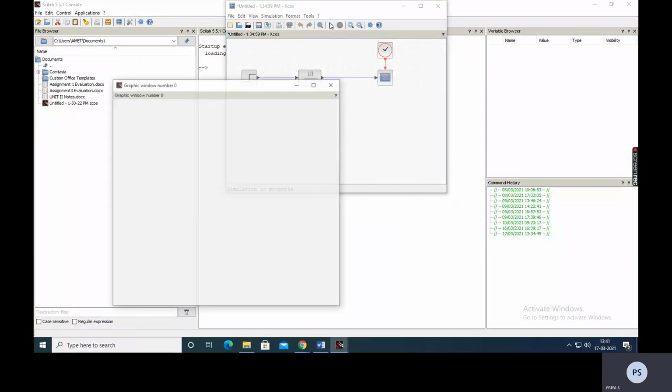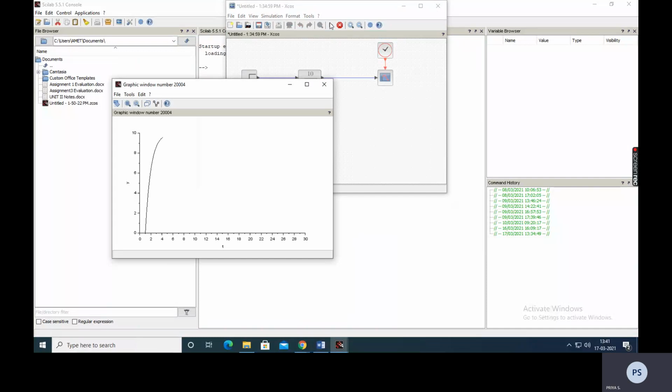Now you start your simulation. See there. Now you can understand whenever we are changing the gain, how your output waveform is settled at your steady state value, the 10, how it is achieved. If it is 1, what is your waveform? 3, 5. Now you are seeing the waveform for 10.